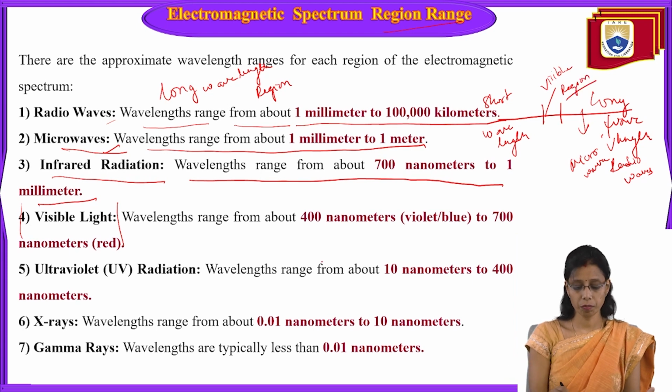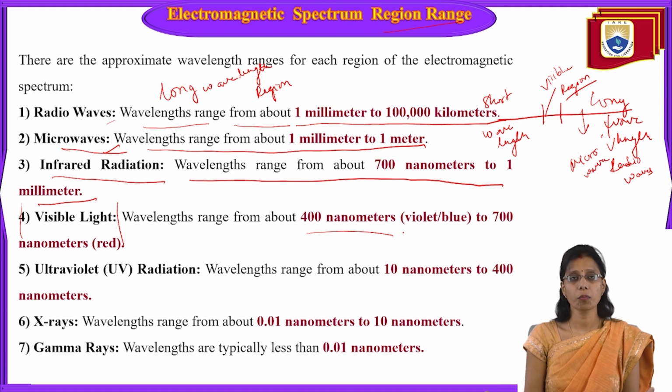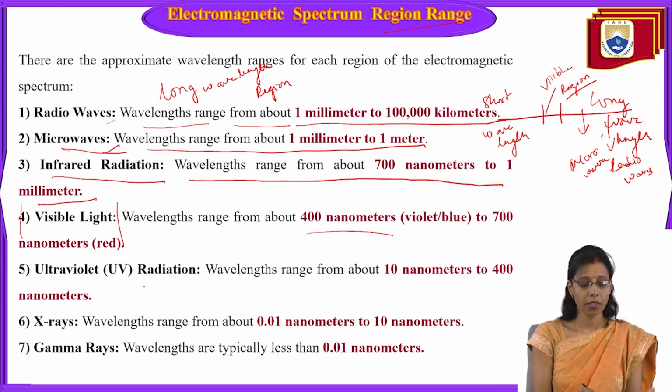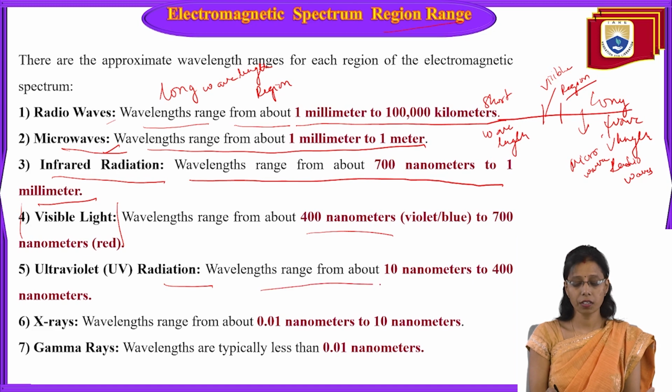It ranges from 400 nanometers, violet or blue, to 700 nanometers, red. Now you have ultraviolet radiation, with wavelength ranging from 10 nanometers to 400 nanometers. This is the region of